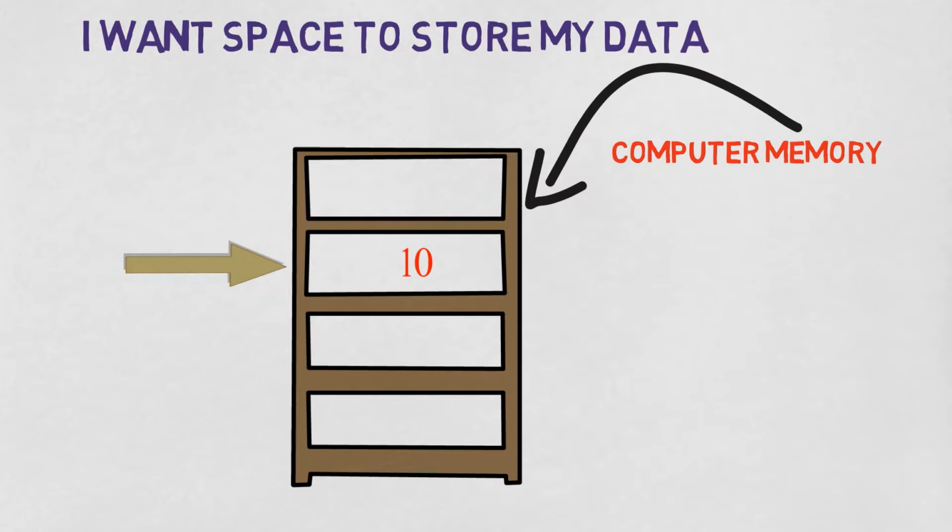So how can we do that? The computer says, okay, let us do one thing. Give any name to that memory location, whichever will be easy for you to remember. Give any name that you want, and whenever you use that name inside your code, I will understand that you want to access that particular memory location and inherently the data inside it. Just now we have written A there. So A will be representing that memory location, or in simple terms, A will be representing our value 10. This is called the variable in Python.